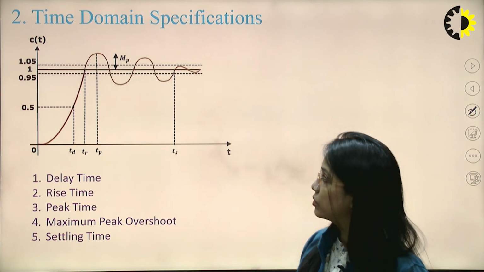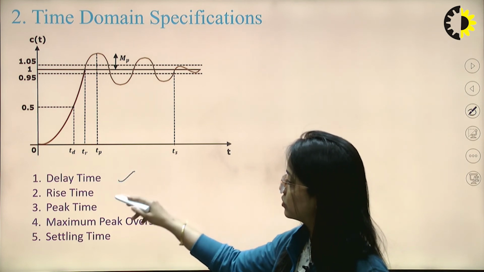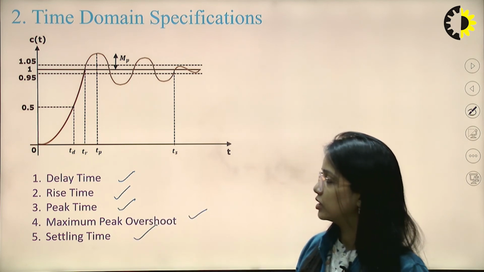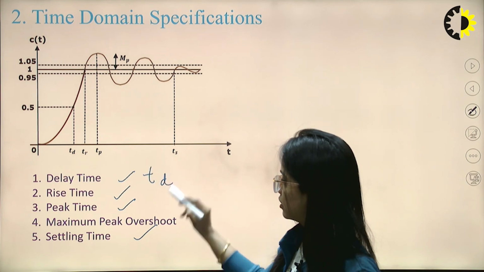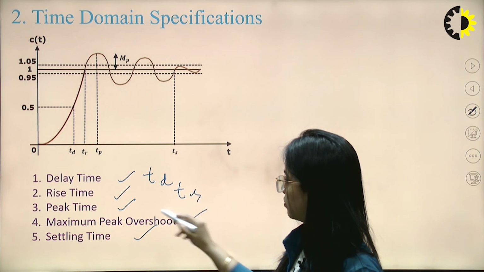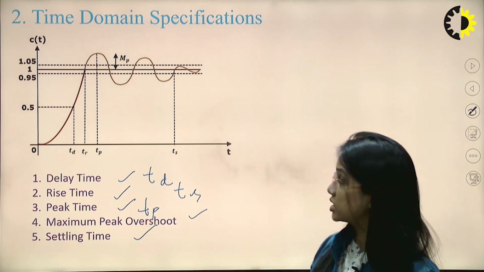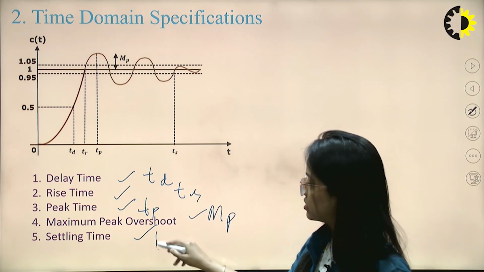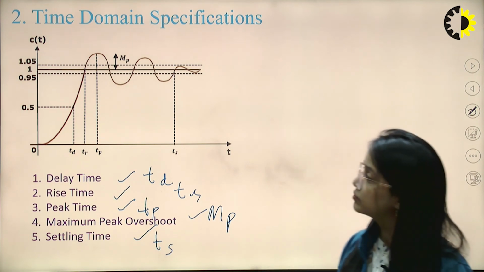Now, we have to see what is delay time, what is rise time, what is peak time, what is overshoot, and what is settling time. So delay time is TD, rise time is TR, peak time is TP, maximum overshoot is MP, and settling time is TS. So from the diagram itself we see that